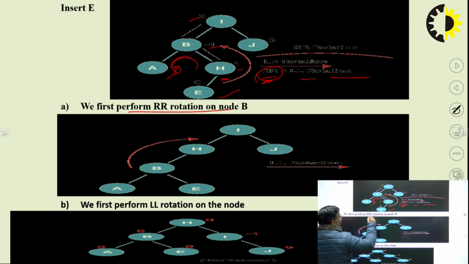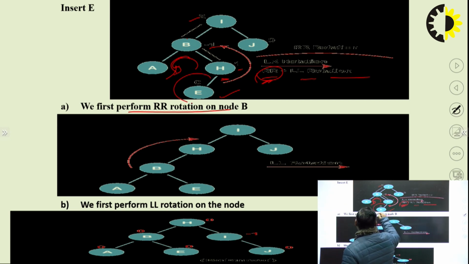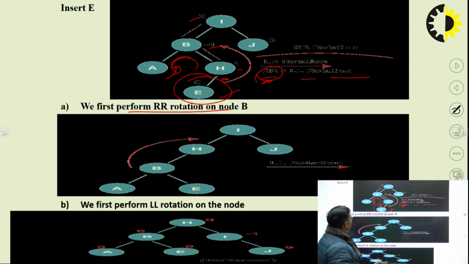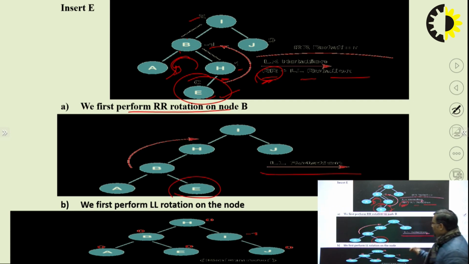We push the B node in an anti-clockwise direction, then the left child of H will be made a right child of B, meaning E will be made a right child of B. Again push. देखिए जो H है, H का जो लेफ्ट चाइल्ड है वो अब B का राइट चाइल्ड बन गया, ओके। देन LL रोटेशन, देन आफ्टर RR रोटेशन वी विल परफॉर्म द LL रोटेशन, ओके।